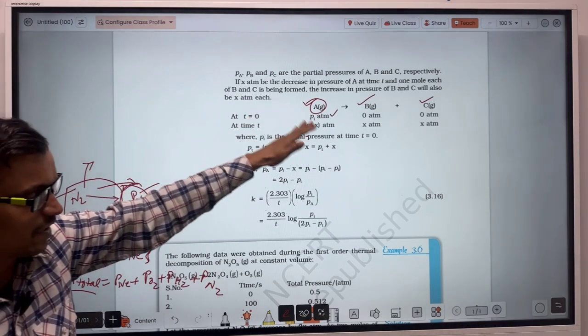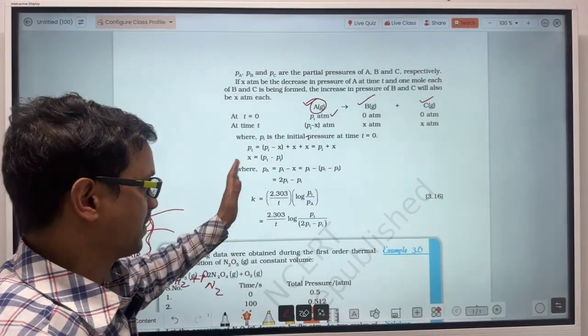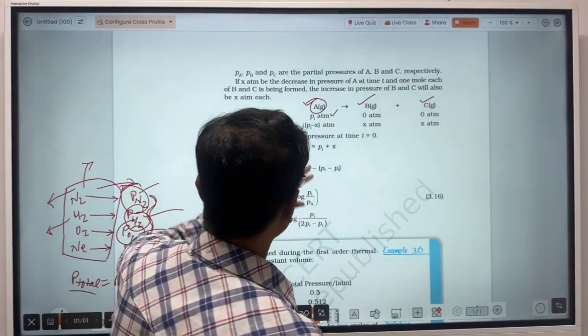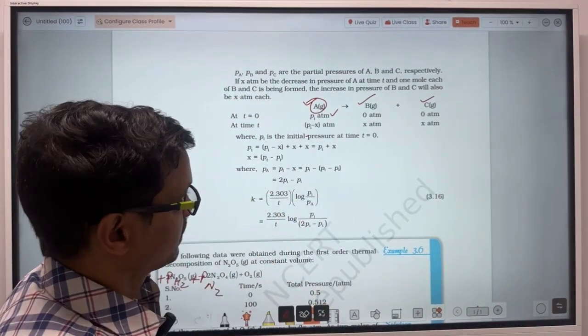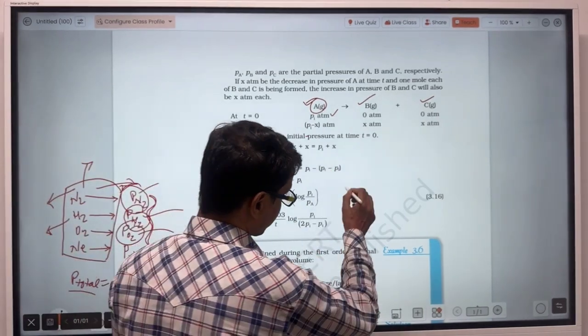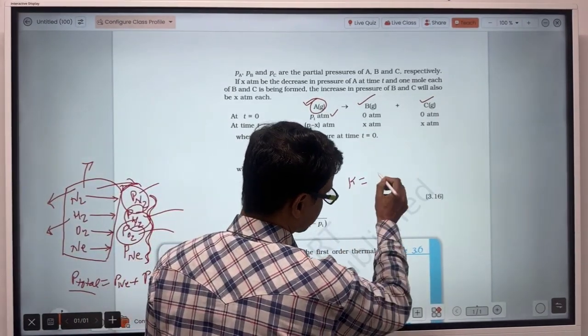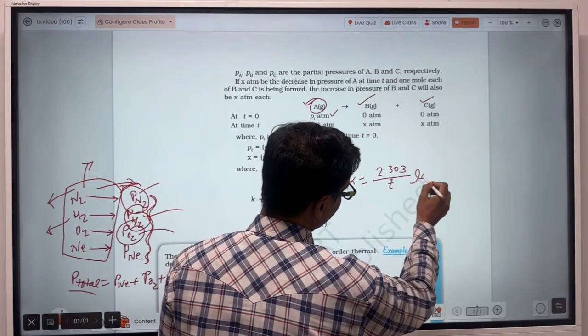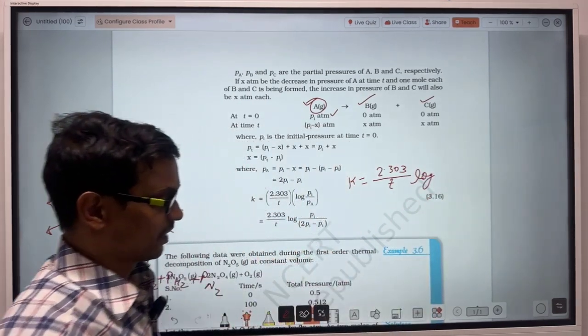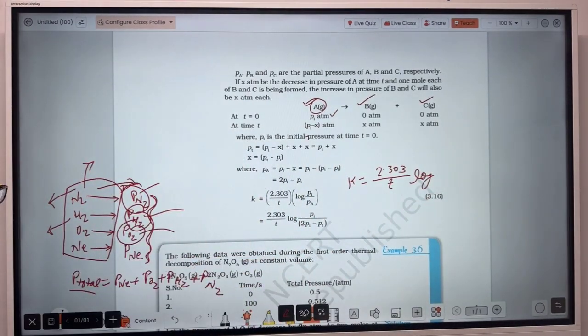So we will have to consider P total, because when we calculate the rate constant of this reaction, it will be the same as 2.303 upon t log